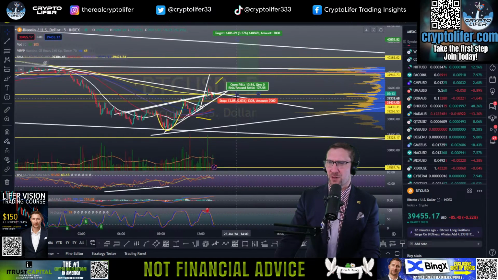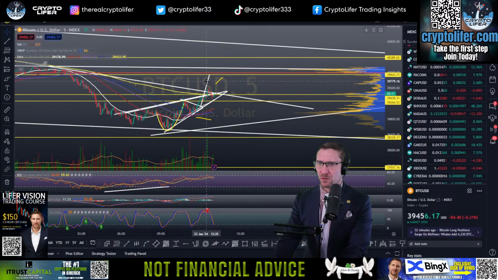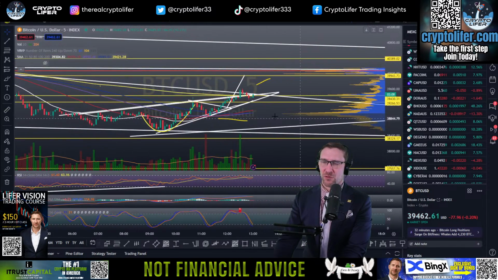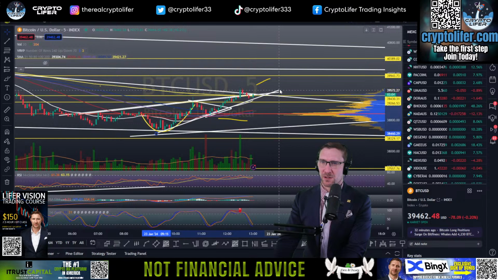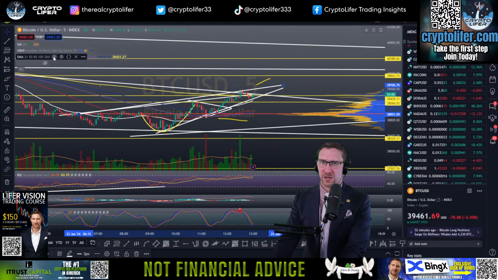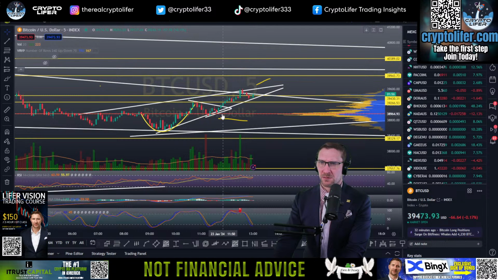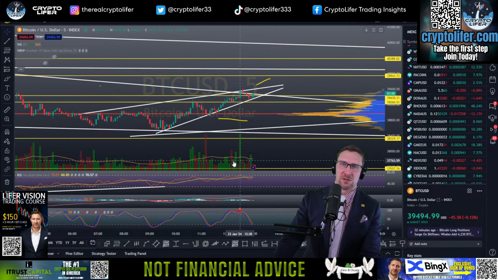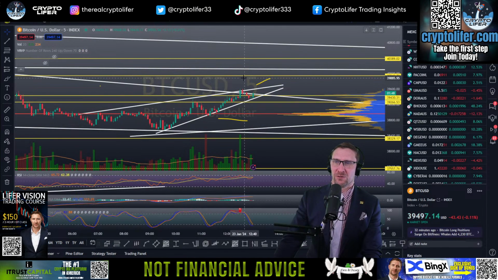I don't want to take everything away, but let me just start to kind of rework what I'm doing. If you were just on the live with me, we found this pennant. We played it to the upside. Perfect. Get rid of the moving averages when I'm doing this. What is this line? Don't need it. We don't need this pennant anymore. It happened. We don't need the cup anymore. It happened. But the cup and handle, you see it? Cup with the handle, boom.